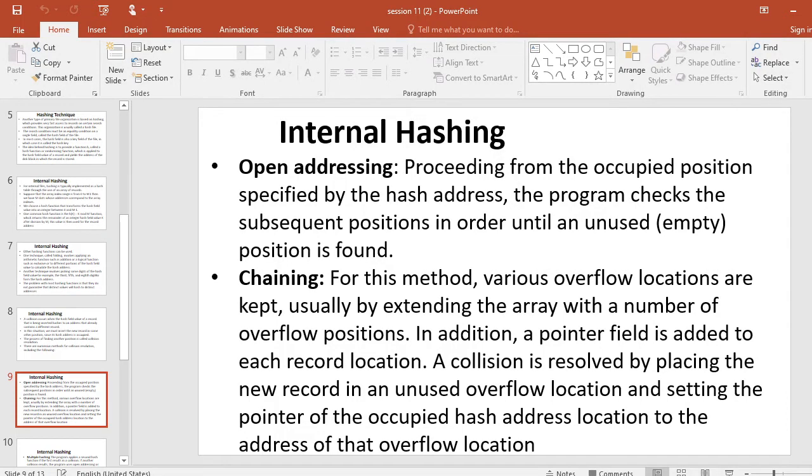In addition, a pointer field is added to each record location. A collision is resolved by placing the new record in an unused overflow location and setting the pointer of the occupied hash address location to the address of that overflow location.